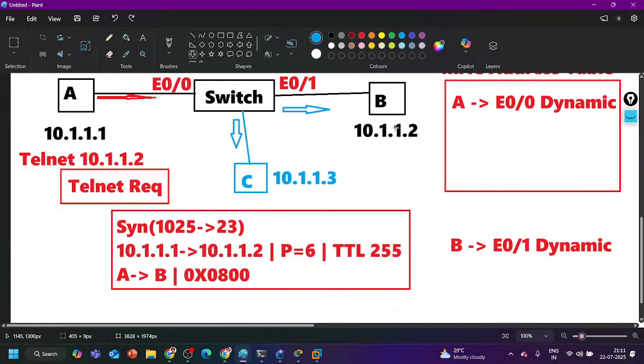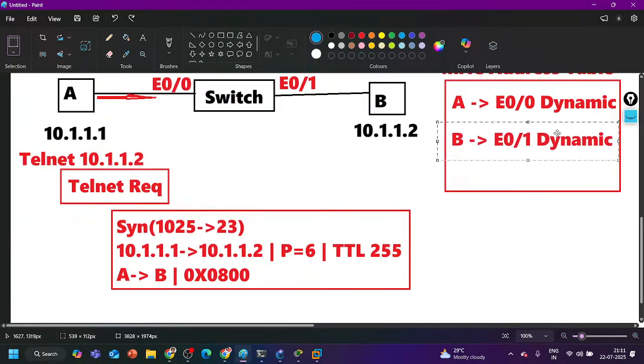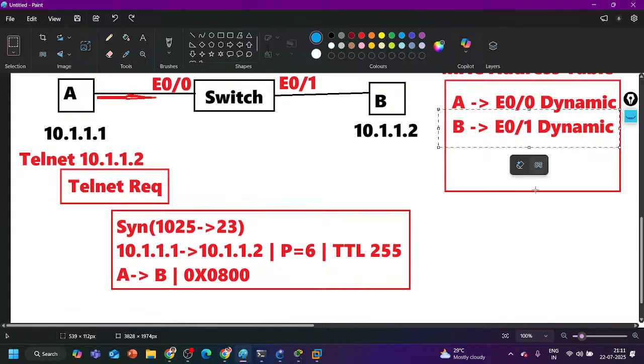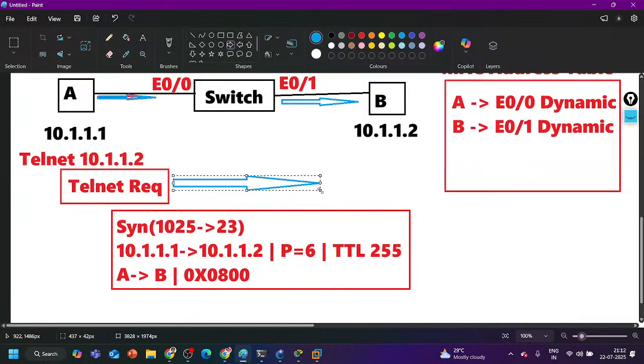But guys, here in the MAC address table of the switch, the MAC address will be available because just a few seconds before, both machines exchanged the ARP request and reply message, correct? So they have the entry. So the switch will not perform unknown unicast flooding. The switch will perform unicasting. It will receive on 0/0 and it will forward from 0/1. Right? This is my packet flow